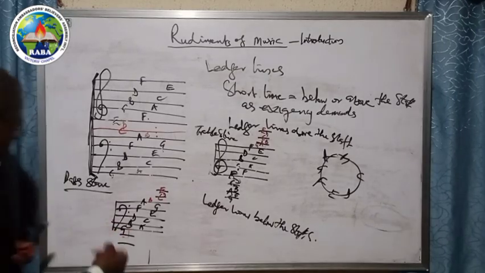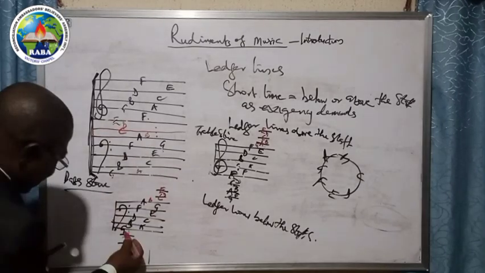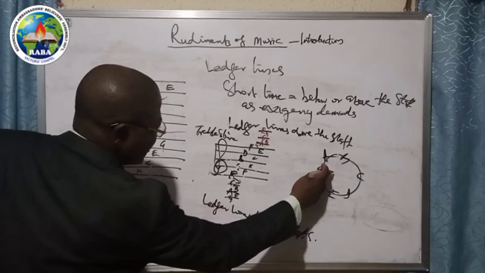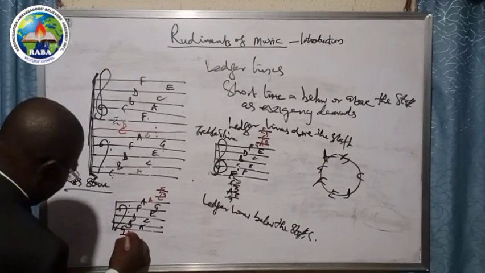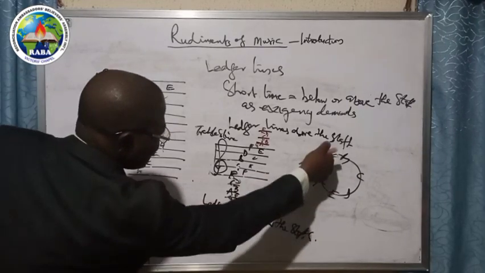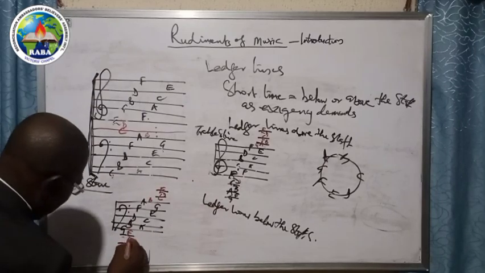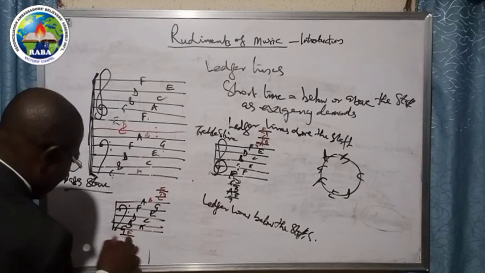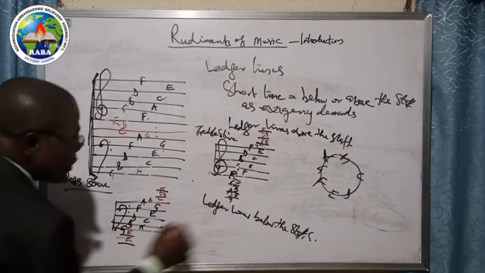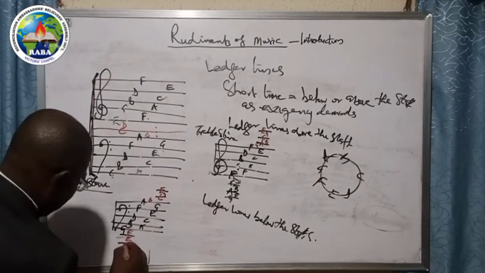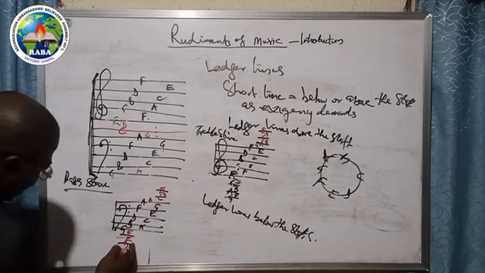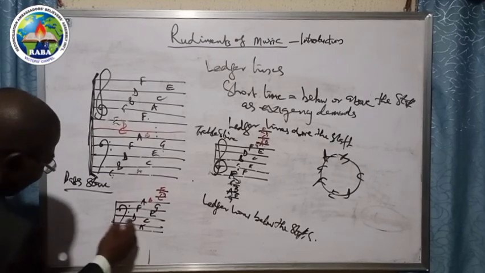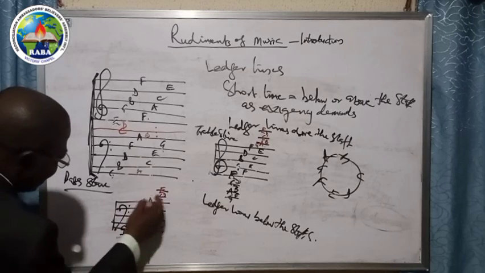Then, coming counterclockwise, this one is G. If this one is G, then the next space will be F. This is F. No, we are coming counterclockwise. This one will be E, and this one will be D. D, E, F, G, A, B, C, D, E, F, G, A, B, C, D, and so on and so